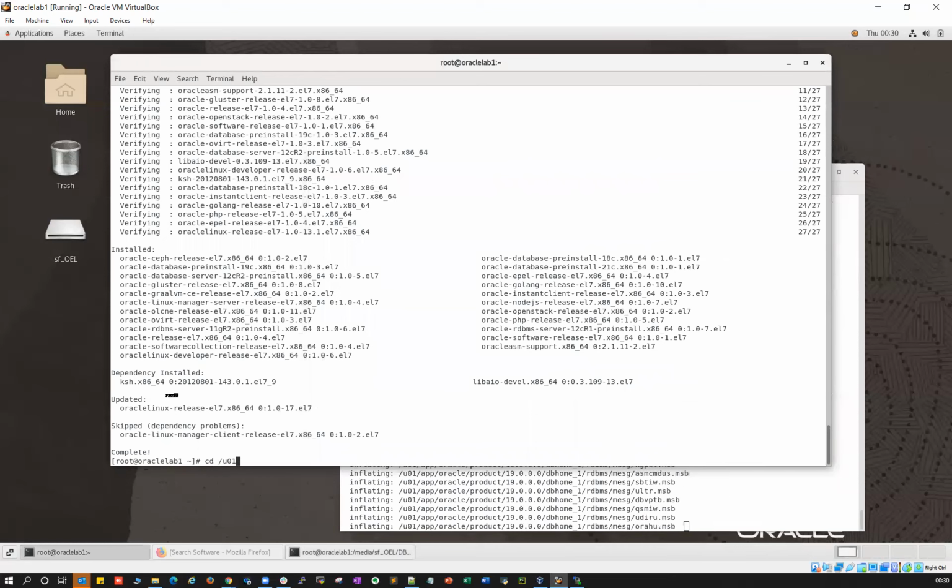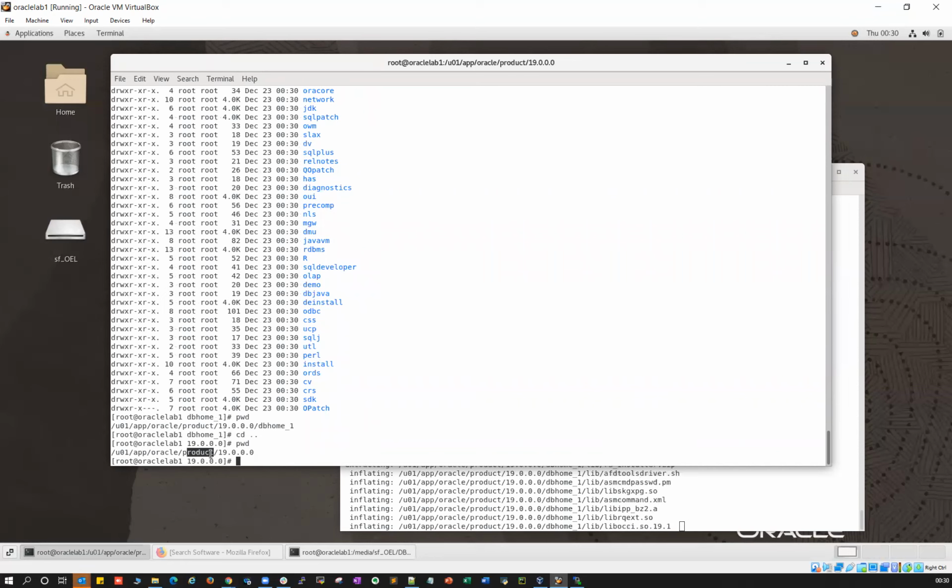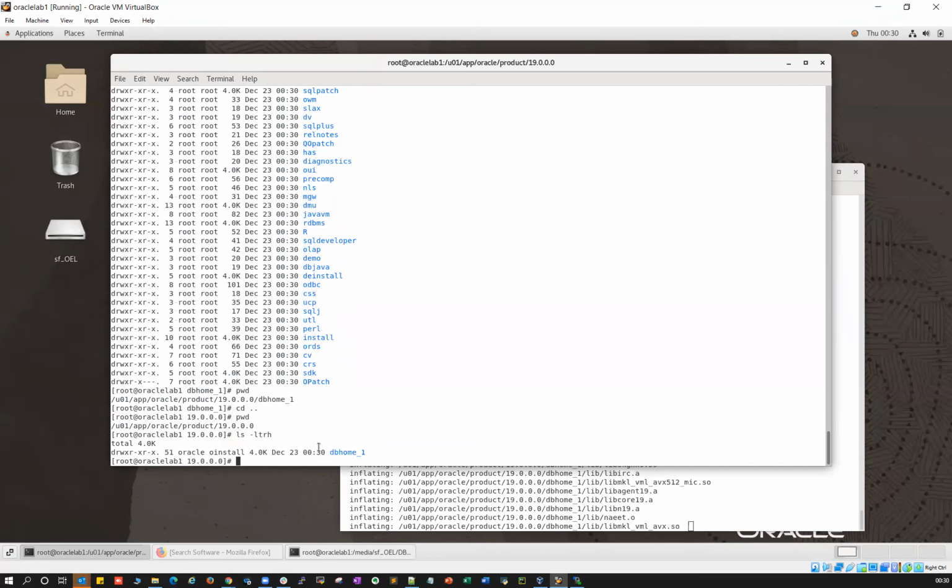If I go inside that /u01/app/oracle/product/19c/db_home and do ls, all these folders, whatever you are unzipping, will be owned by root, and after the unzip is done, you have to change it to the Oracle user. For that you need to go one directory back, to /u01/app/oracle/product/19c, where you will have your db_home_1.